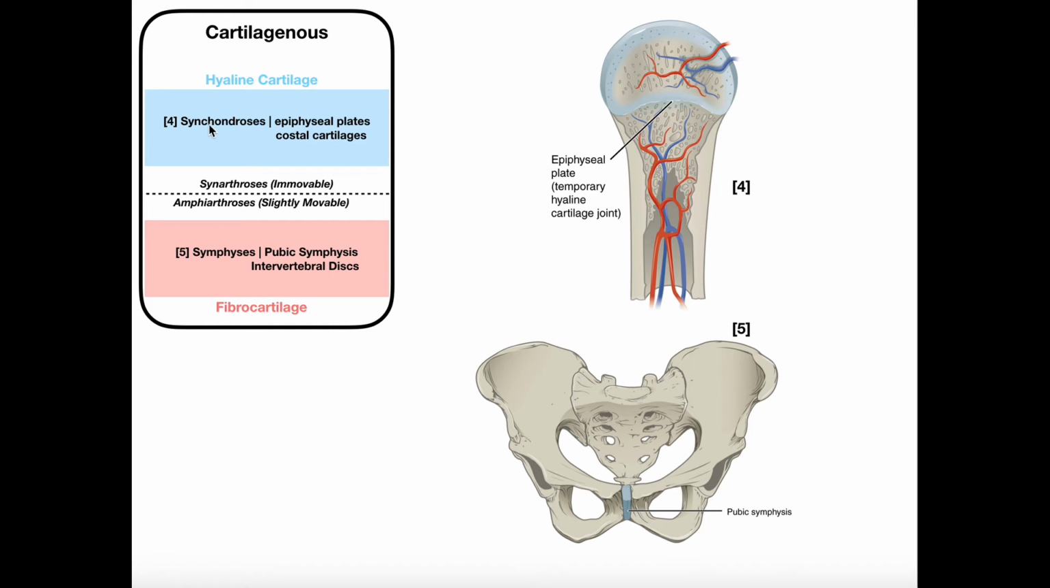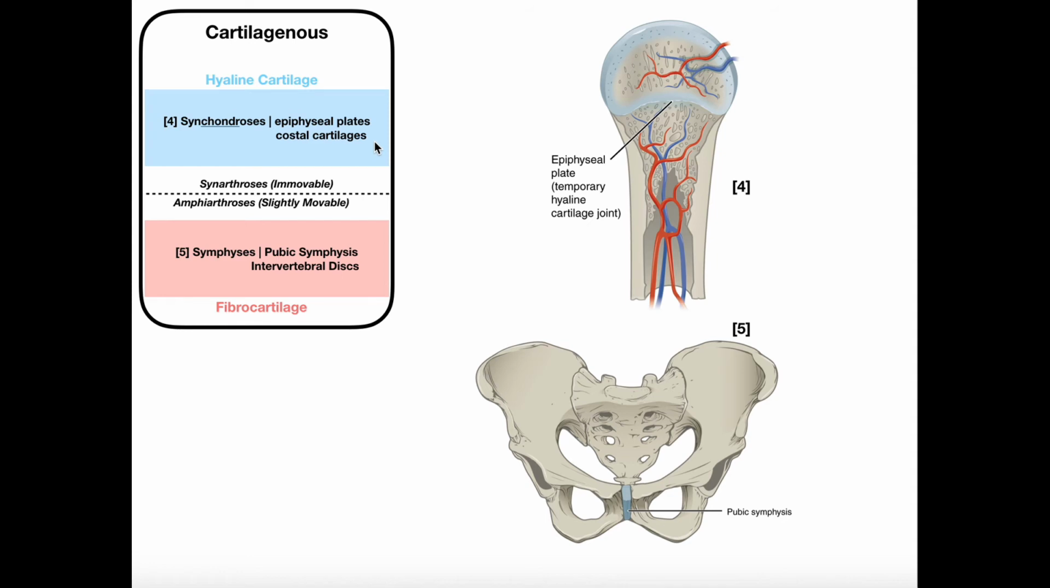Okay? So when you see this prefix, C-H-O-N-D-R, chondr, however you want to say that, that means hyaline cartilage. Okay? Always associate this with hyaline cartilage. So I'm actually going to underline that for you. There we go. So if you see synchondroses, it's a cartilaginous joint made of hyaline cartilage,